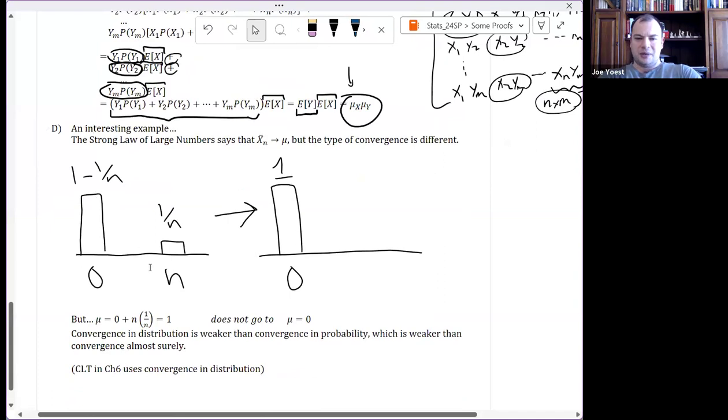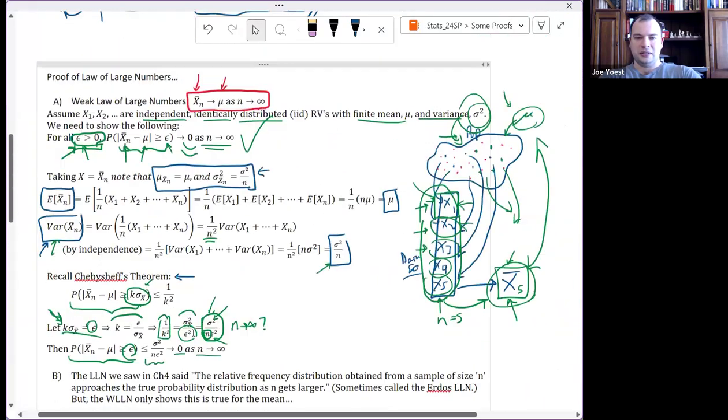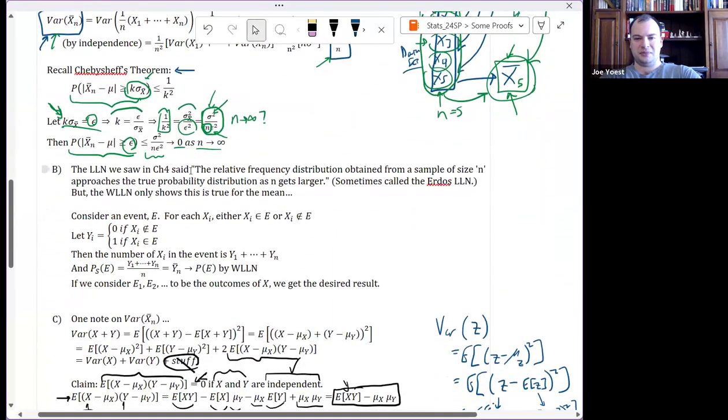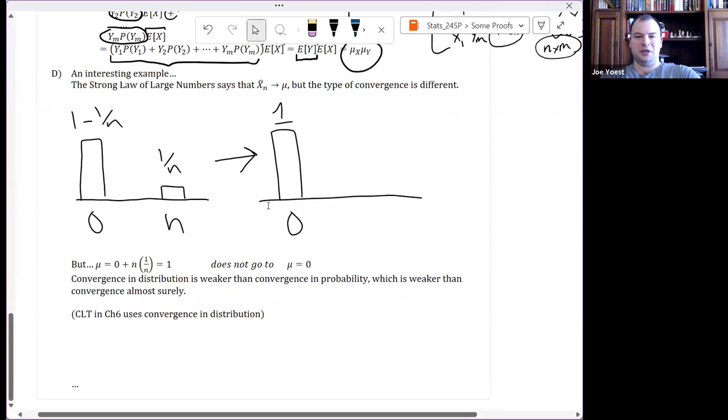And then one last topic that's maybe a side interest. We called this the weak law of large numbers, and at first you might have said, oh, maybe it's the weak law because it only applies to the mean or something, but we really showed that it applies to the whole distributions. So why is it the weak law of large numbers? Well, it's because of the method of convergence.